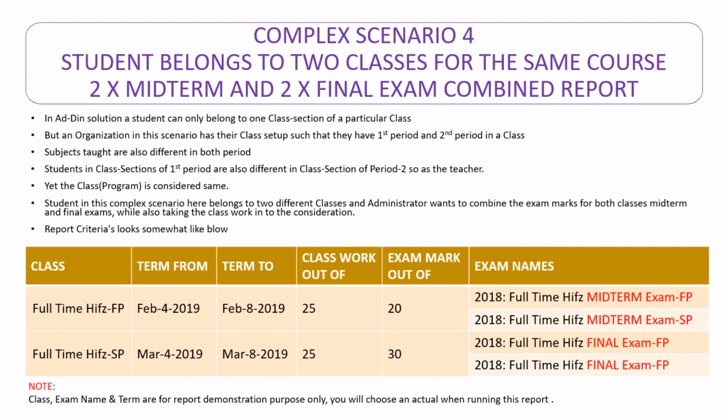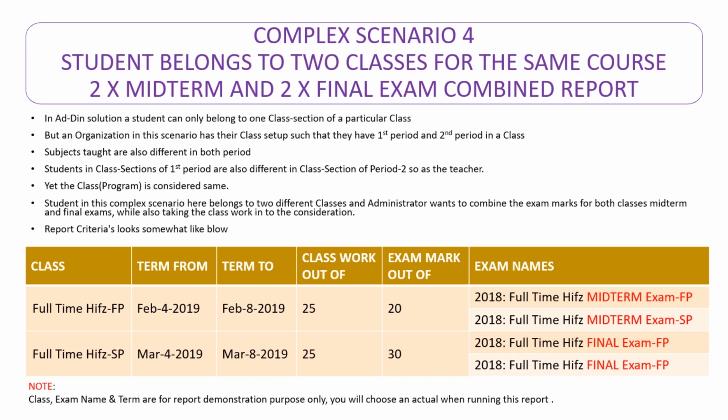Students in the class section of the first period are also different from the class section of the second period, as is the teacher. Yet the class or the program is considered the same. A student in this complex scenario belongs to two different classes. An administrator wants to combine the exam marks for both classes, midterm and final exams, while also taking the classwork into consideration. So the report criteria looks somewhat like below,